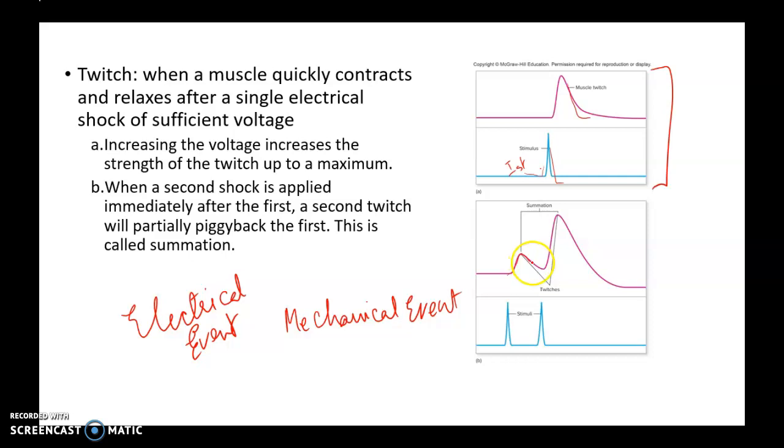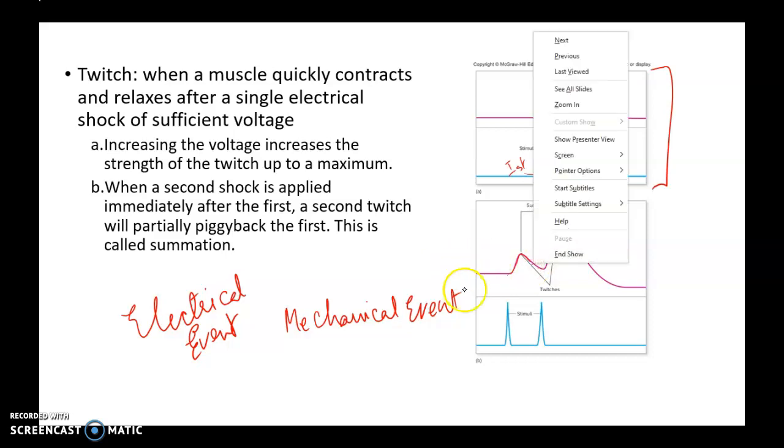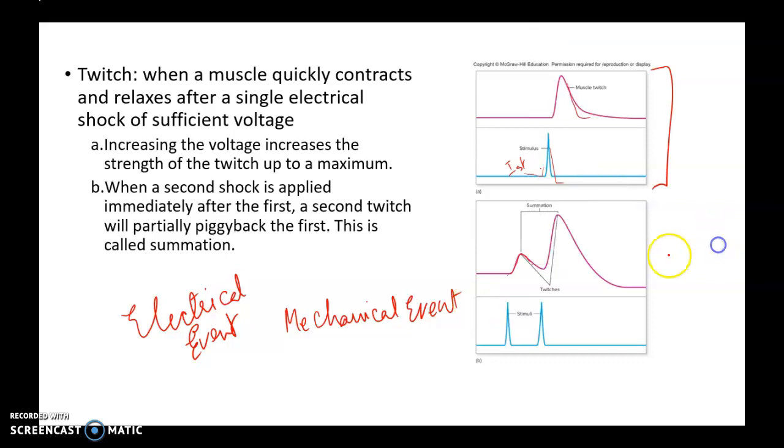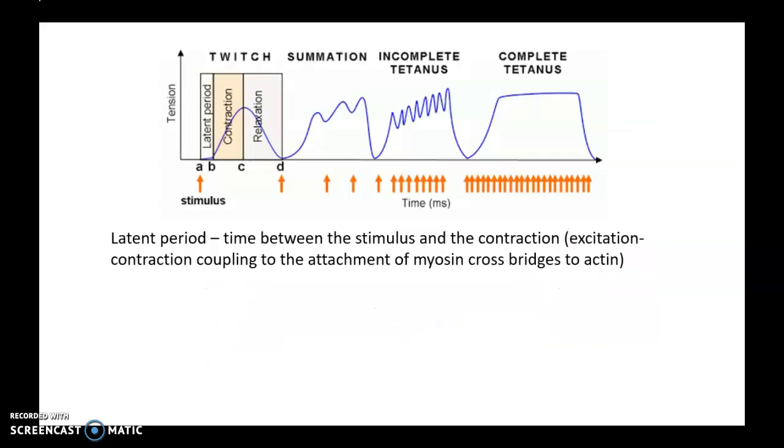Even before it can relax, there is another stimulation, and then you have another twitch. And therefore, we see that the second twitch will partially piggyback the first. And this is called summation. And you have also seen this in labs. All right. Now, this is a diagram that you have seen in your lab mini lecture. Now here we see few